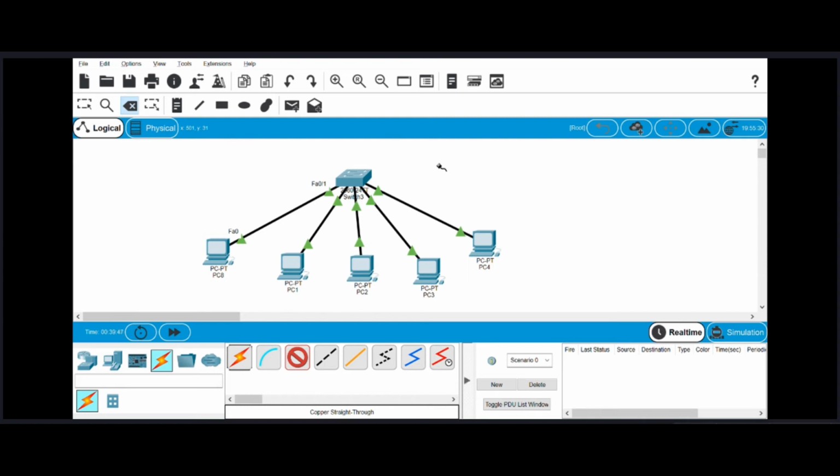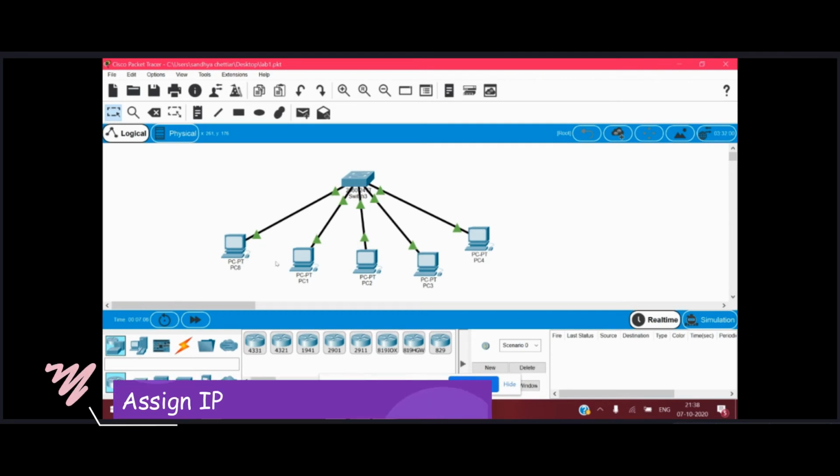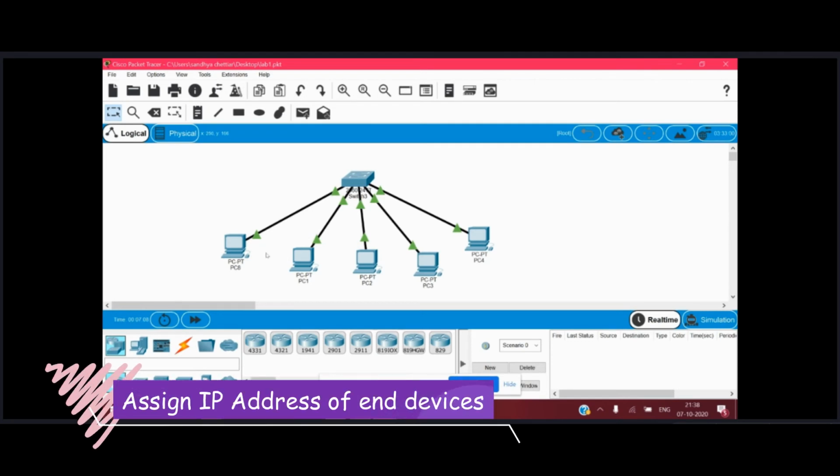It can read MAC addresses, so that's why it was taking extra time to read the addresses of these end devices. Now that everything is green, we can safely say that they can communicate with each other via this switch.